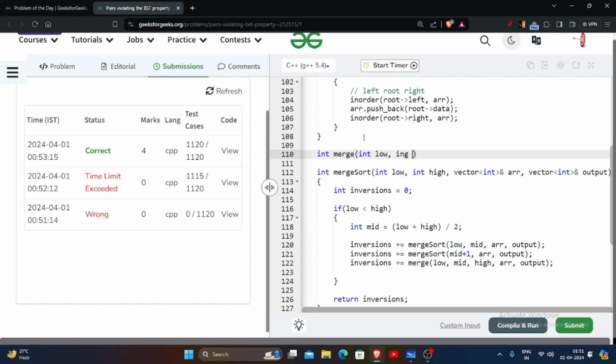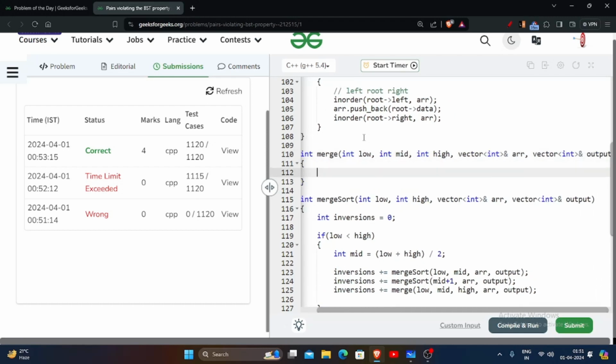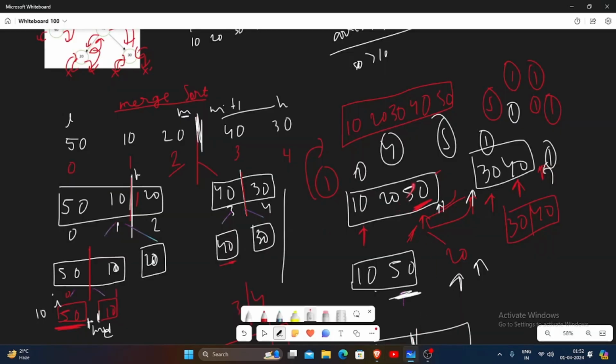तो हमारा लो यहाँ पर है, इंटीजर हाई, मिड है हमारा, पहले मिड लेते हैं, फिर इंटीजर हाई, फिर we have our vector of int and of AR, and we have our vector of int and of output. So again यहाँ पे बना लेते हैं हम लोग, हमारा आई स्टार्ट होगा लो से, मर्ज करते हैं, अब हम मर्ज करते हैं, दो एरे मर्ज कर रहे हैं,